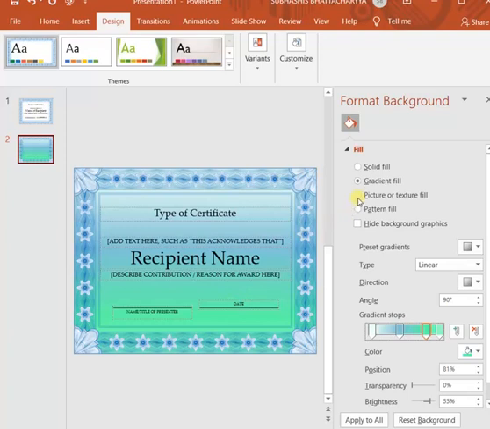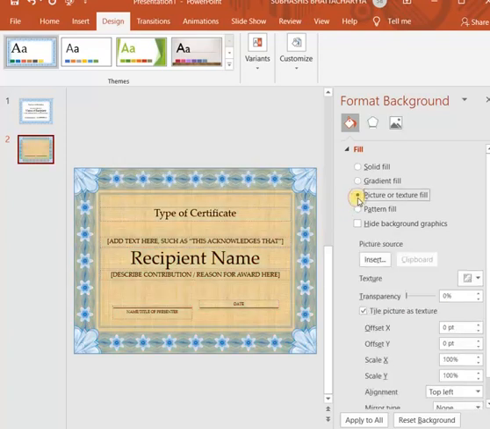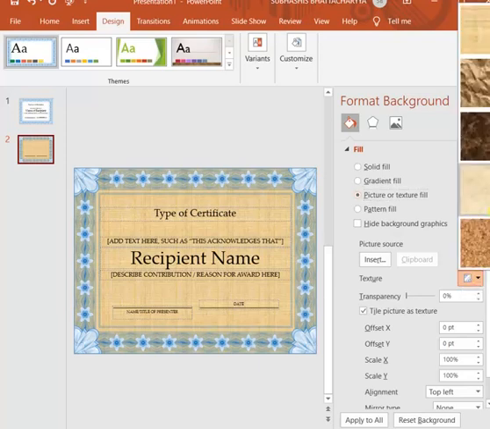Now coming to picture or texture fill. Here some ready-made textures are given that you can apply directly to your slide. This texture is available from this drop-down menu. These are some ready-made textures that you can apply. Only this many textures are there.